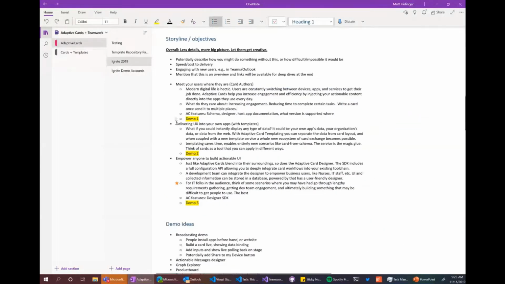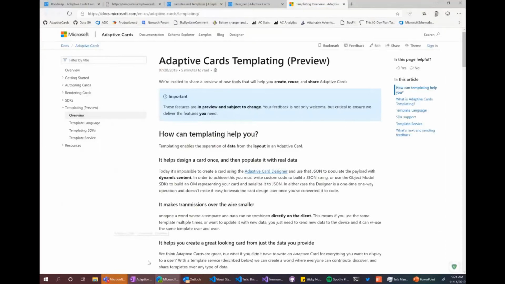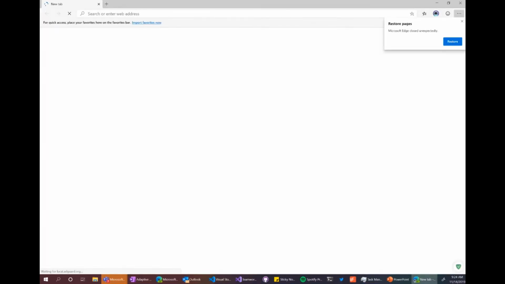So we talked about delivering UX. Then the last real thing was empowering anyone to build this actionable UI. And the message here is one that I've talked about a handful of times. Actually, I'll pull up my other profile really quickly.